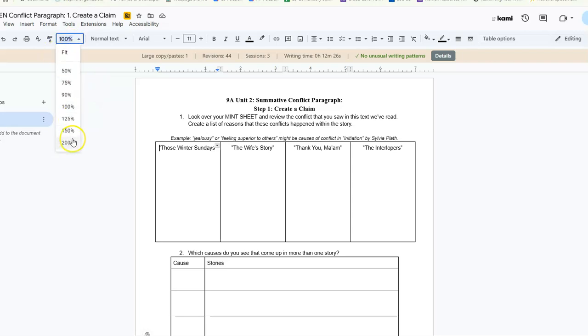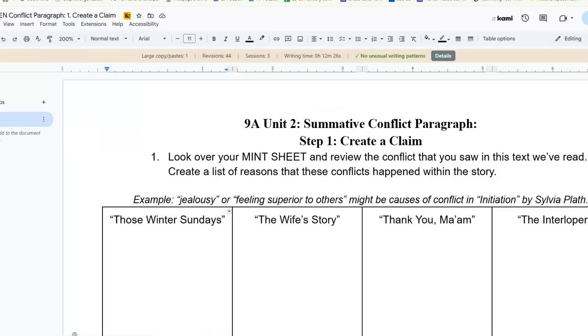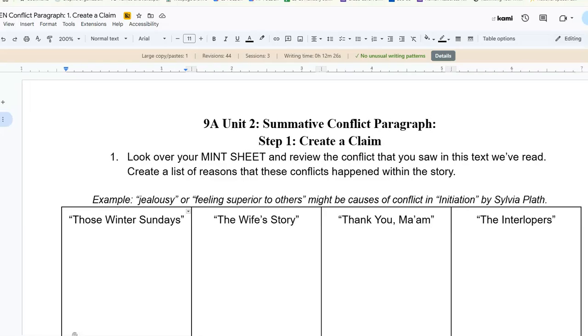So what we did in class was we looked at this, the second page in your blue packet. You'll notice here that it says step 1. That's on the back page of your blue packet. So what this step is asking you to do is look over your